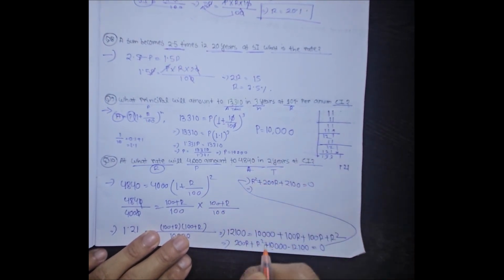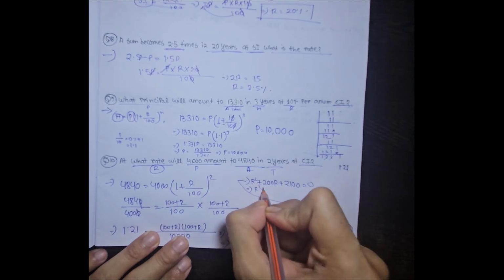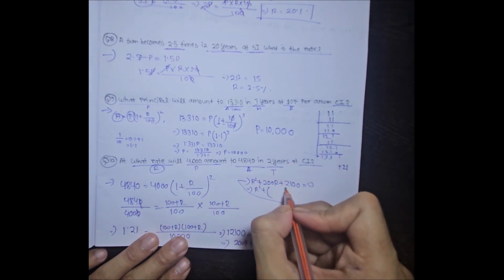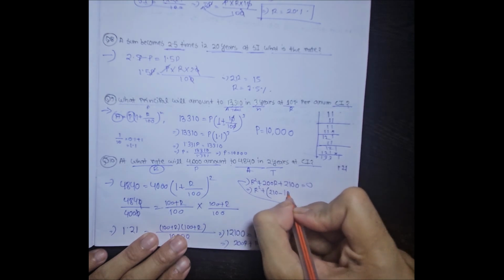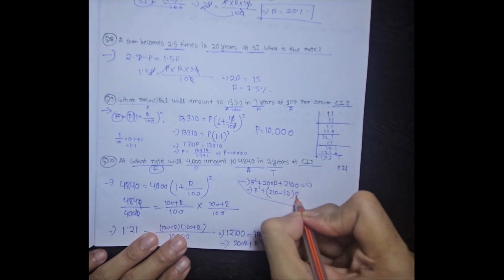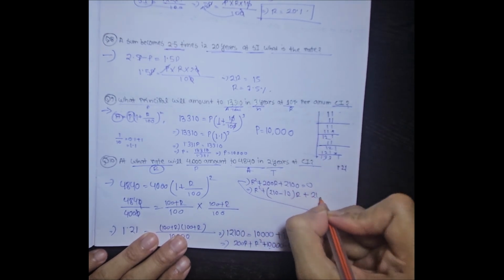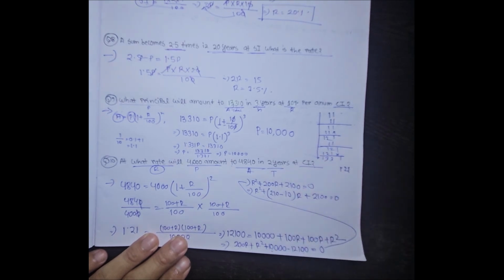If we solve this equation, we can write r square plus 210 minus 10 r